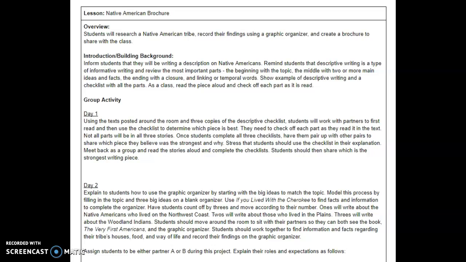And then as a class, you should go ahead and read that text and check off each part on the checklist as it's read, so students can see that the checklist of all the different parts relates to the actual writing. So for day 1,